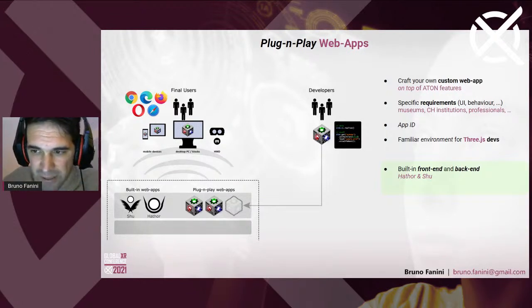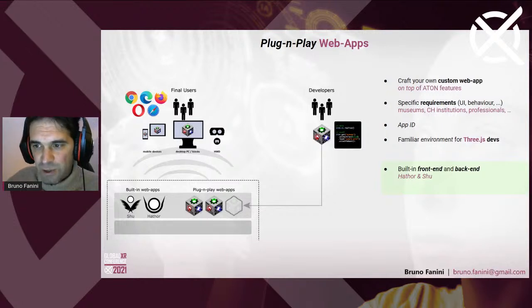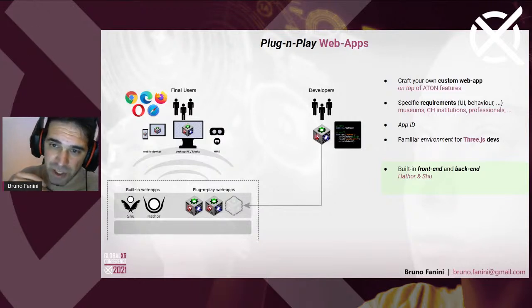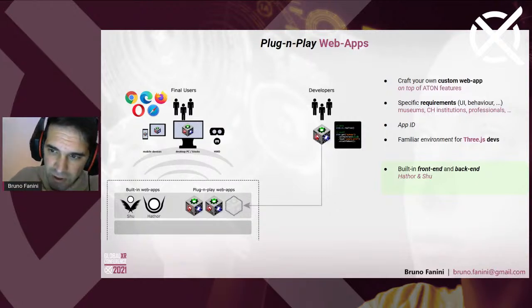This is because museums, institutions, and professionals may have different requirements in terms of user interface and behavior of the application. So this is to give all the freedom to developers to create custom experiences, custom tools for cultural heritage. Then each of these applications also has a unique identifier, just like the scenes that we saw before, and also provides a familiar environment